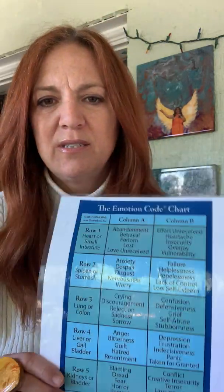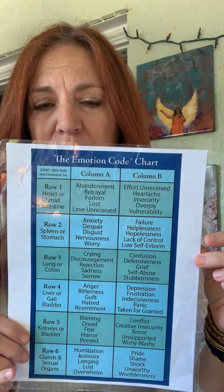What I've done is printed out, I just googled the emotion code chart, and I use this system very loosely. I am not a legal practitioner of it, nor do I charge money, but this system I use for myself and I want to share it, and in dreams and in my intuition, I'm just being nudged by my guides